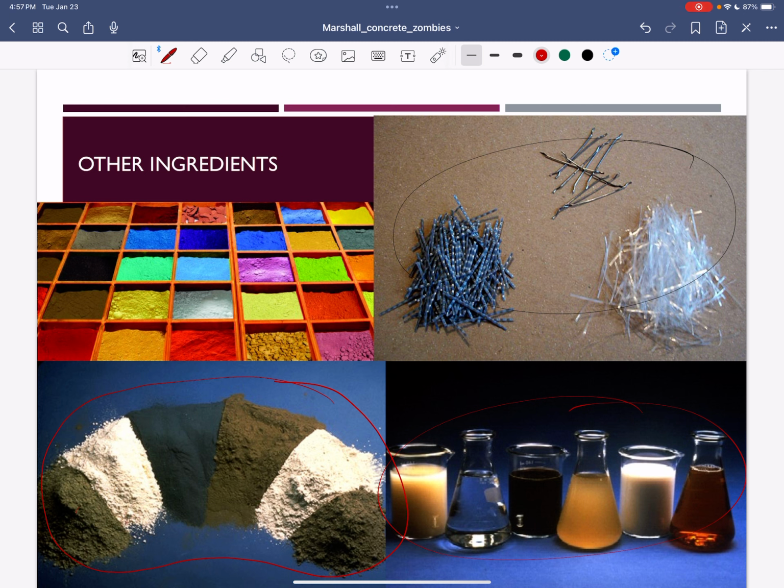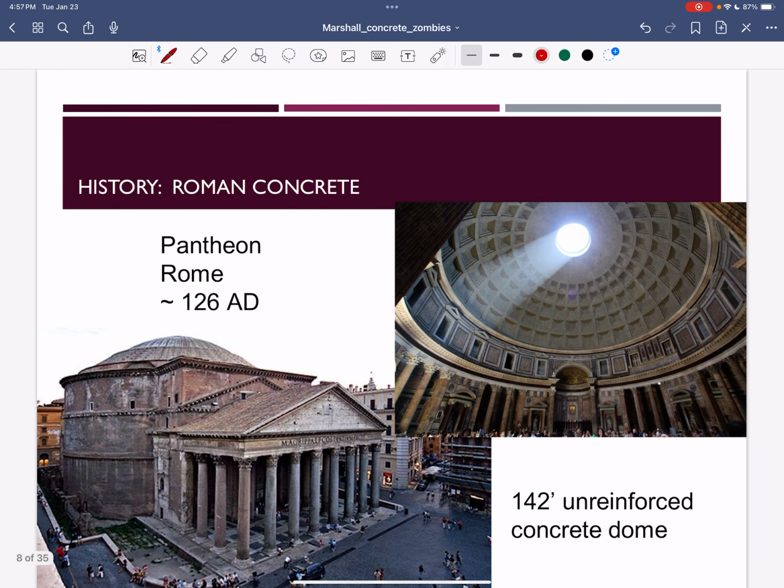Other ingredients include colored powders, so I can also color the cement. And so I can actually have the colors all the way through the concrete itself, or I can paint it. If you put the color in as a mixture, you basically have a maintenance-free color. So it's not like paint where it's going to wear off.